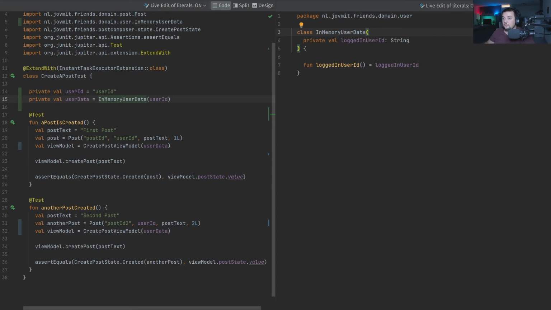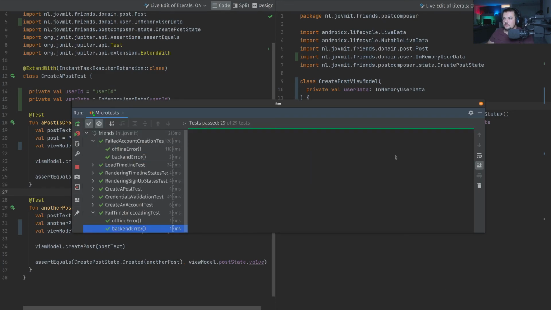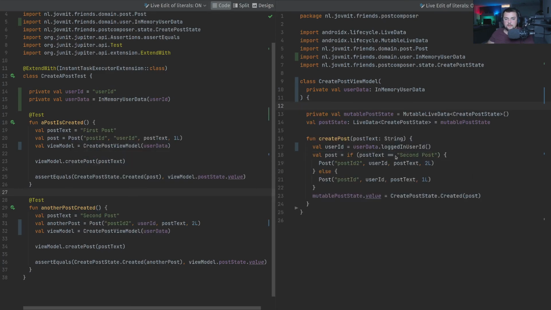But of course, because we don't need it right now, I'm not gonna do it right away. In fact, yeah, let's keep it simple. Let's not do the things that are not needed right now. But everything works. So what we can do, we can make a commit,